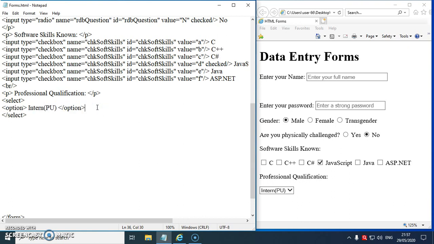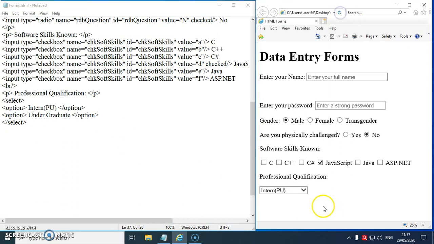I'll copy this, press enter, paste it, and change the intern value to, say somebody is doing after 12th, so I'll say undergraduate. Okay, again Control S and reload. Click on this particular drop-down box.